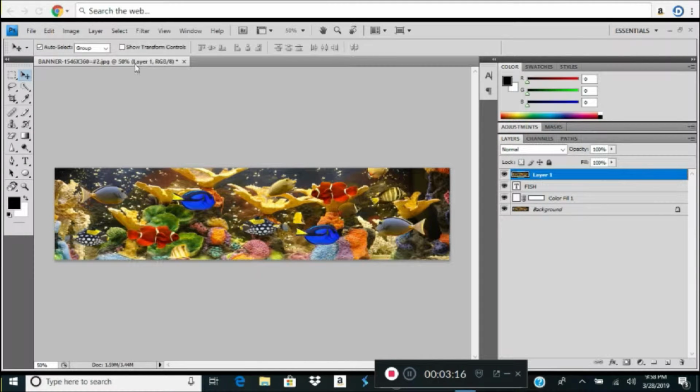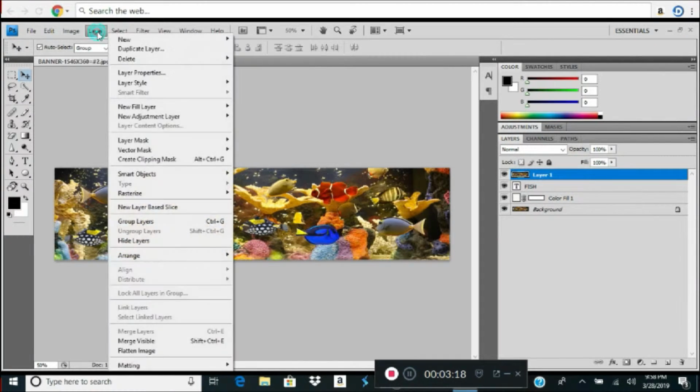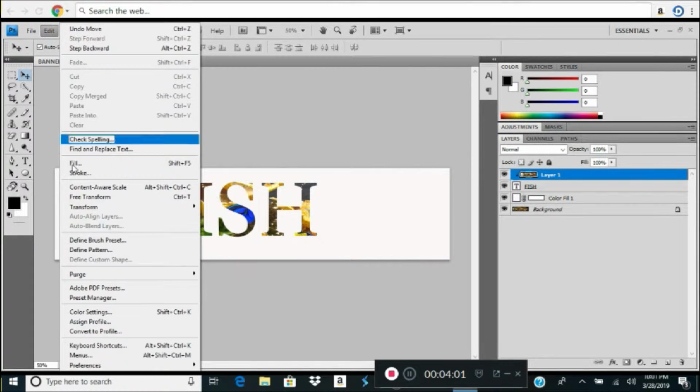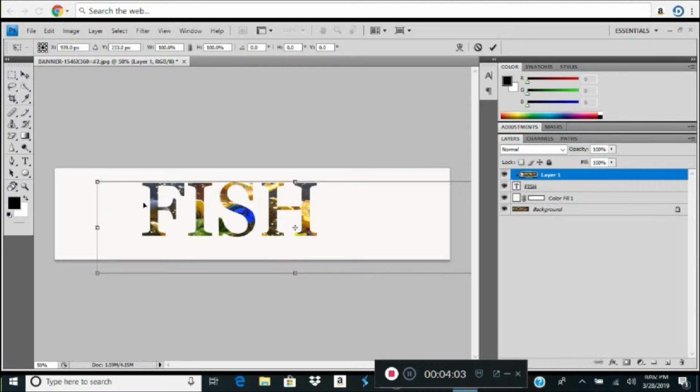The next step we're going to take is going to go up here where it says layer, and we want to create a clipping mask. And you can see we create the clipping mask, and it's the word fish. Pretty cool. So go back up here to layout one, and you want to stretch it down and make it bigger. You go to edit, retransform,